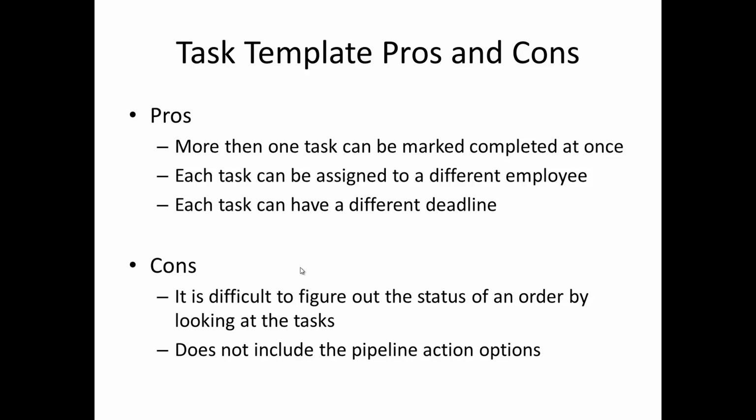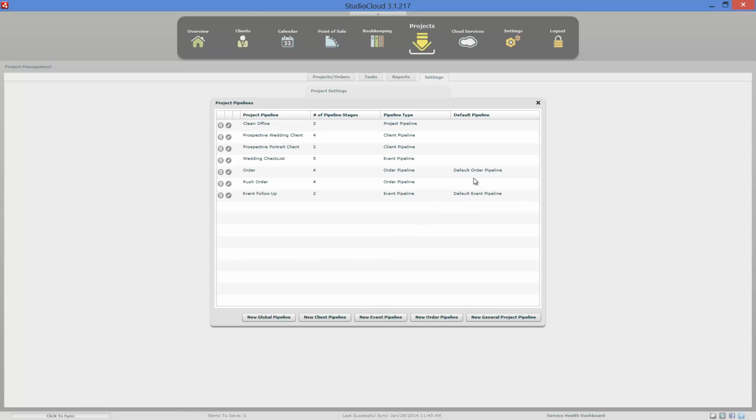And then the bad part of it is, if a customer calls up over the phone, it's difficult to tell the status of the order because you might have 15 or 20 different tasks that are being assigned to different people with different deadlines. And the task templates don't have any of the actions. So let's go through and look at some good and bad